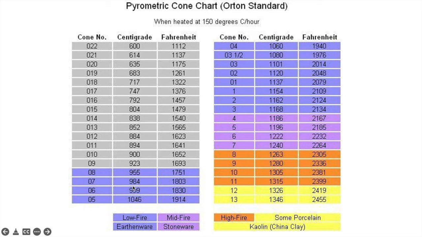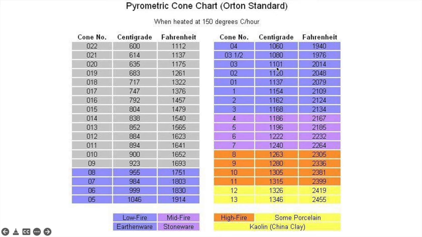Low fire, this is going to be more like the sculptural type of work where it's usually might be less vitrified. You're going to get more vibrant colors, less stress on the materials. So that's more of a sculptural range. And then it's low fire. Low fire is the blue. Mid fire, mid range, can be sculptural or pottery. High fire is going to be more for pottery, and you can fire a sculpture at a high fire